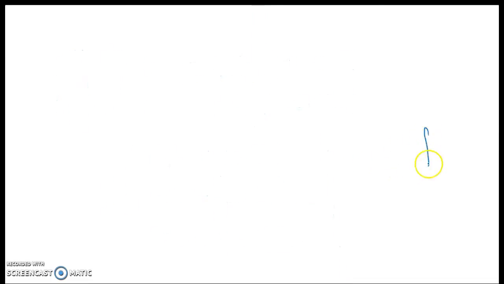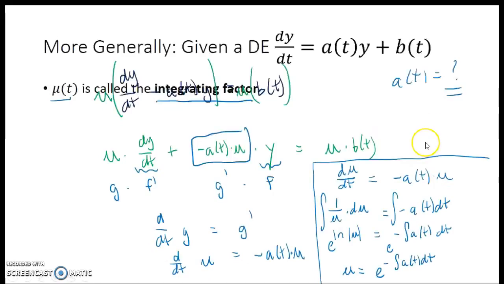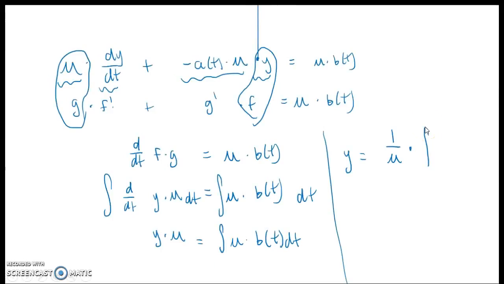Now I have to be careful. I cannot pass mu inside of that integral because mu is a function of t, and the requirement was first to calculate the integral of mu times b of t. If you look back at our example, this is what we had to do first before we divided by mu of t. And so I'm left with my final solution. My final solution is this, and we'll just go ahead and state that as,